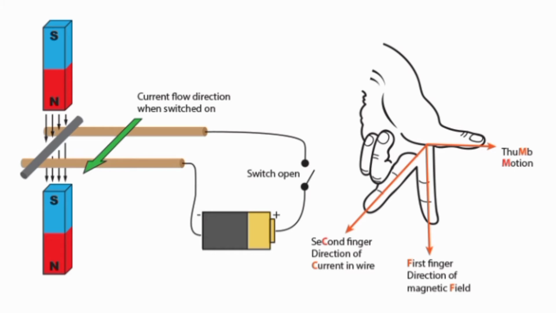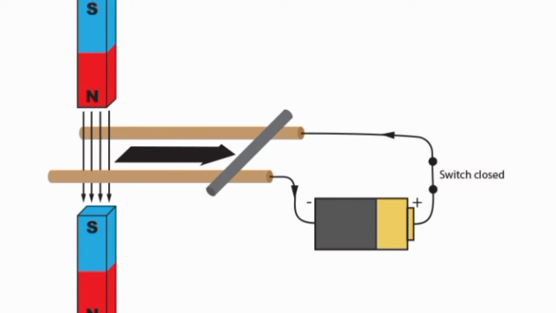In this case, it is the carbon rod. By Fleming's left hand rule, we can predict that if we turn on the electrical supply, the carbon rod will move in the thumb's direction. So, by Fleming's left hand rule, it has been predicted that the rod has moved to the right. Now we all know what Fleming's rule is and how we can apply it.